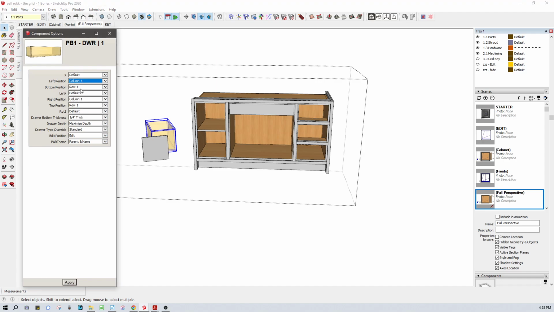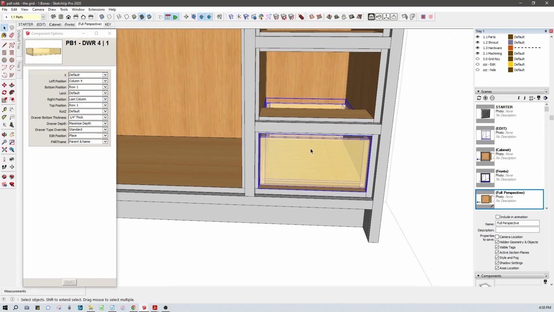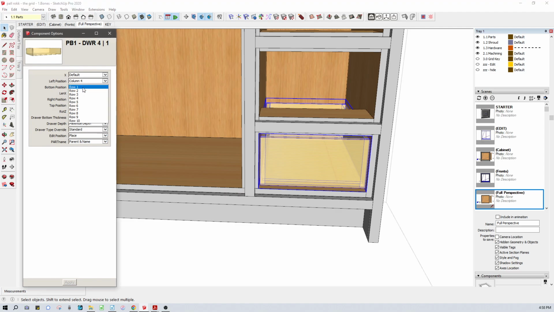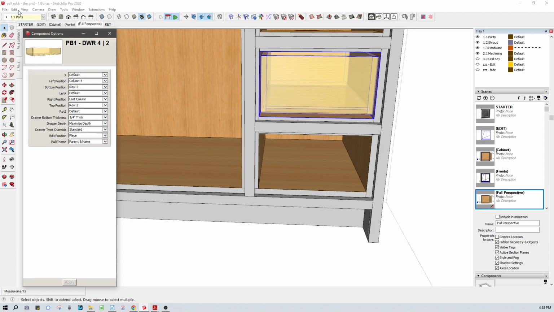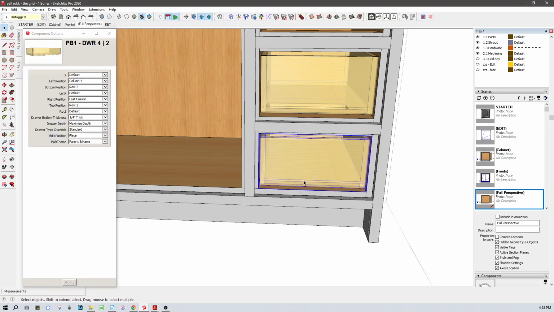So you do column 4, bottom position row, right position, last column, top position row 1, and edit right now is in place. So in edit position, I'd like to put that into place, and go ahead and apply, and that'll snap my drawer into that spot. Go ahead and copy that and just shift to row 2, and then paste in place for that,